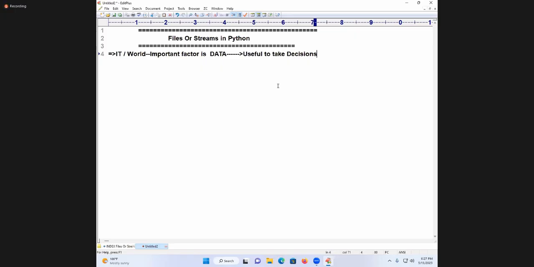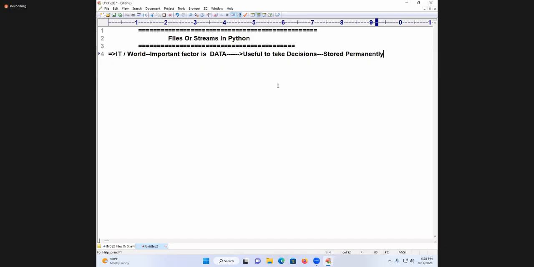The main important thing is when you go to a shopping mall and buy a dress, they will take your contact details. They will take your birthday also. Why do they take your birthday? One week or 10 days before, they will send an SMS to you. Why? To increase their business, to make another transaction with them. So should data be stored permanently or temporarily? Permanently. Carefully listen, students. Data is to be stored permanently.